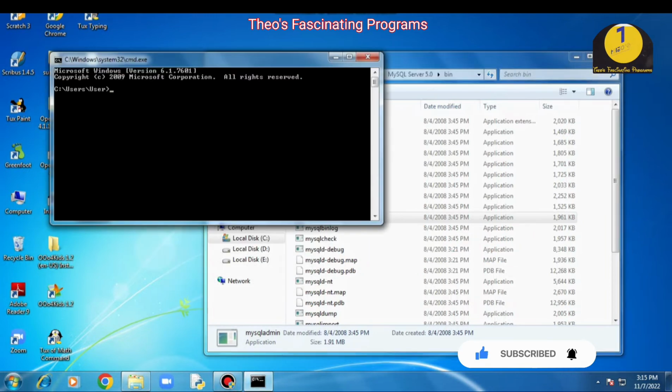Once I copy this path, I open my command prompt and type cd, which means change directory, then paste the path and hit enter. So you can find here it comes to the directory of MySQL. Now mysqladmin